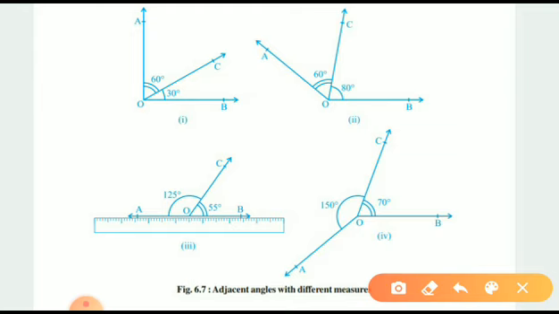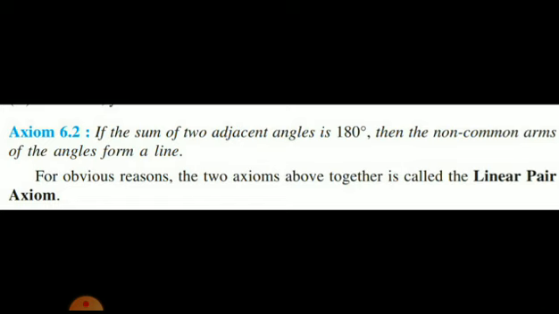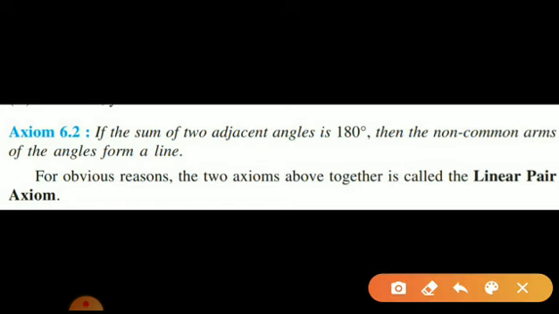That means AOB forms a straight line. Yes, it is shown with the scale. I get that AOB is a straight line, and if you check, the sum is also 180. Again, in the fourth figure, are BOC and AOC a linear pair? No, because AOB doesn't form a straight line, and the sum of the two angles is also not 180 degrees. Is that clear?